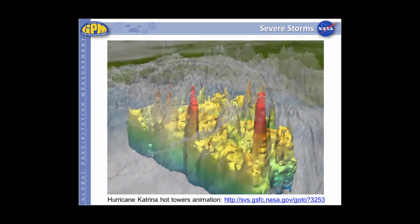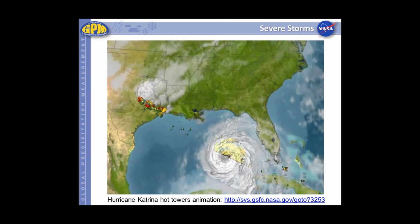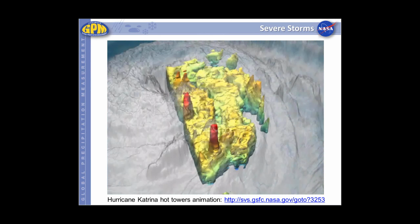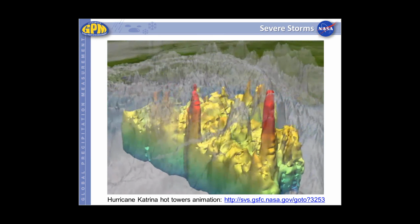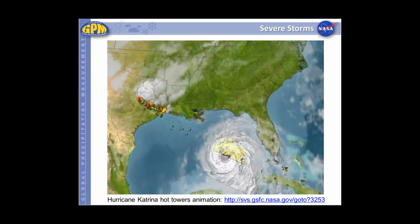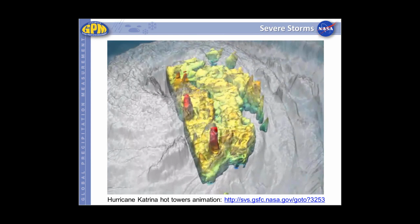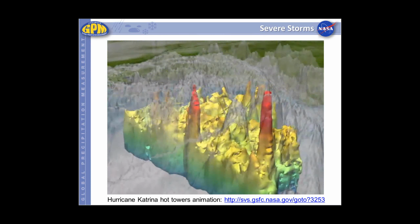What you're seeing, these big red towers, are called hot towers. These huge convective towers are potentially indicative of how storms may intensify. When you have this really intense convection, it indicates that the storm might be getting ready to get bigger. Indeed, this is what happened. Less than 12 hours after this image was taken from TRMM, the storm did unfortunately intensify and it made landfall,